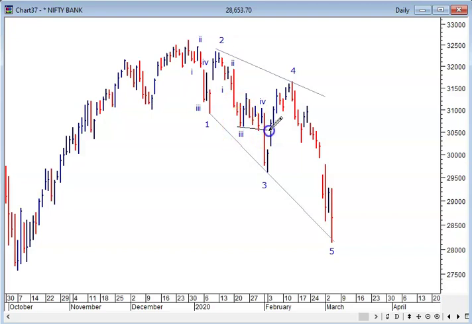So that is the first possibility, that this entire 5-wave decline, because it's 5, 3, 5, 3, 5, which is what you usually see in a trend and a direction, but it's not supposed to overlap between 1 and 4, except that if it is a leading diagonal. Now a leading diagonal is always a contracting pattern, but in rare cases you can get a leading expanding triangle. I've tried to consider this type of pattern before, not with success,